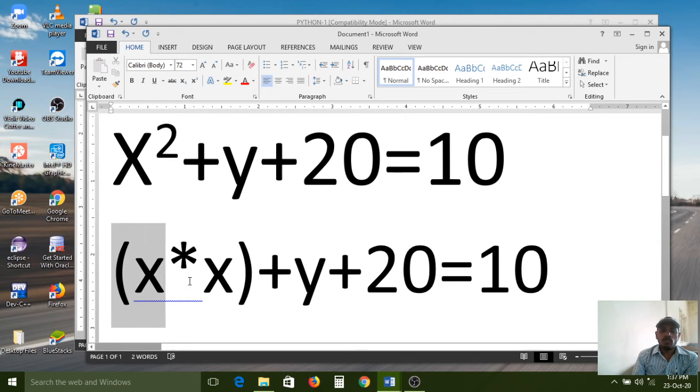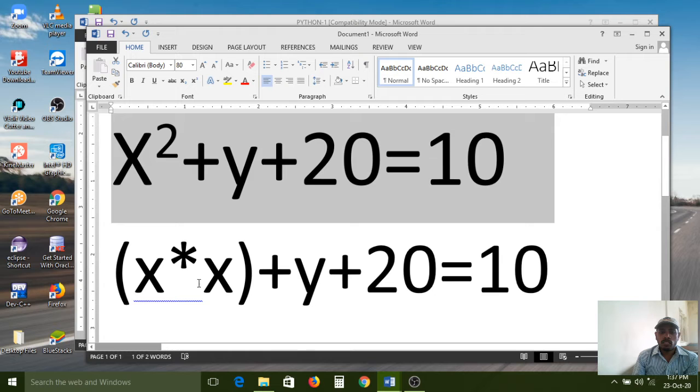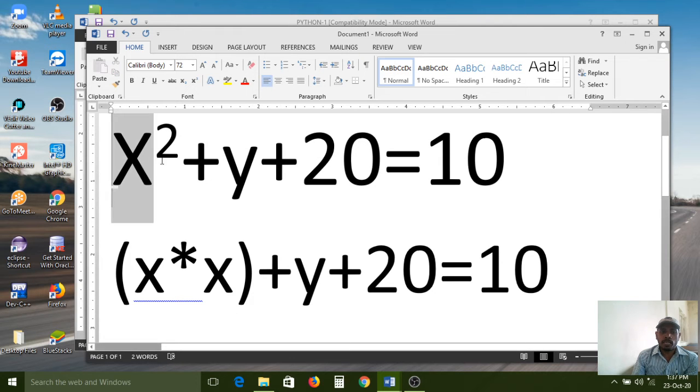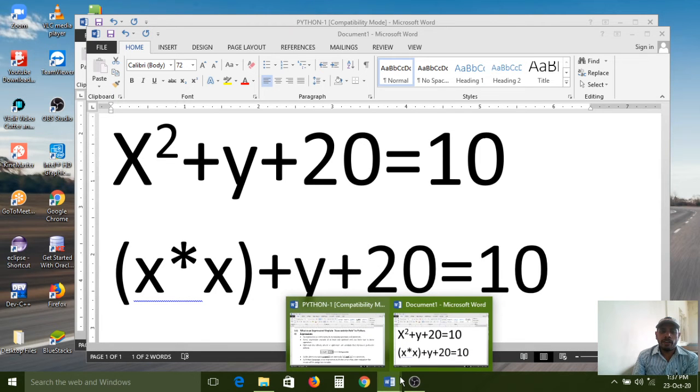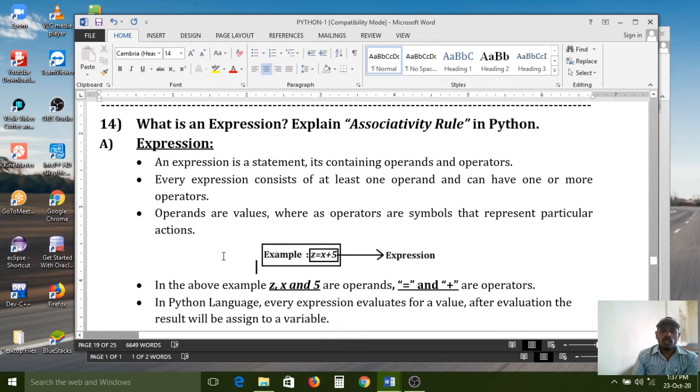Instead of writing x square, in programming languages we need to write x into x. But in the mathematical subject we write like this, and in programming languages compulsorily we need to write like this. Now you can understand everything about how to use expressions in programming languages.